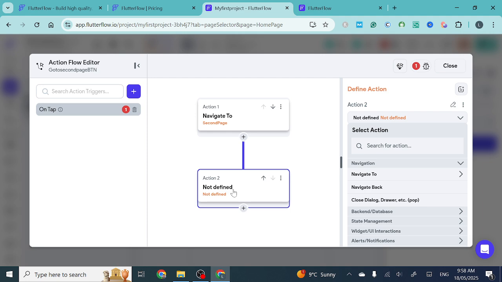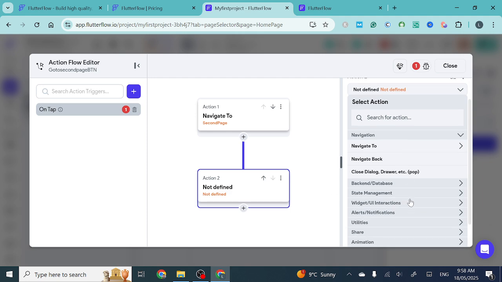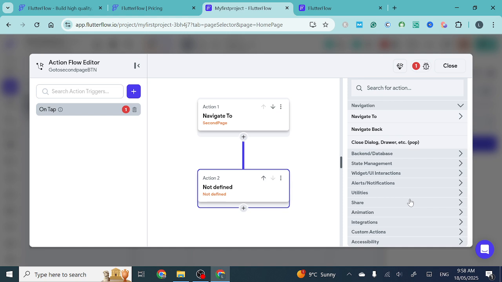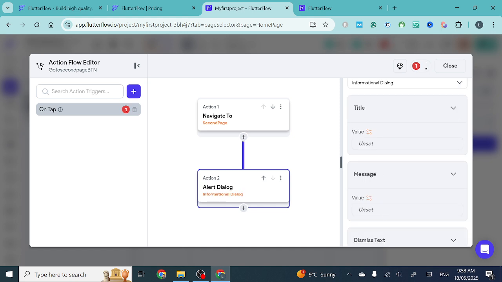Now the second action I'm going to do, just for the purposes of demonstration, and you'll see there's all these different actions that you could do, we're just going to go with an alert. So this is a notification or an alert to a user. Okay, and there's a few different ones that we can do. I'm just going to start with an informational dialogue, which basically means you're just sending a message to the user. So I'm going to put in